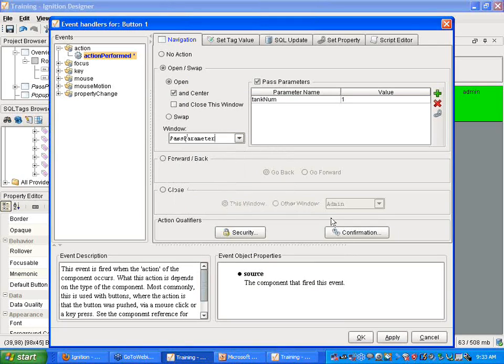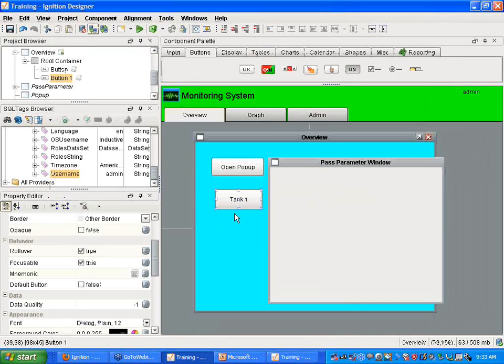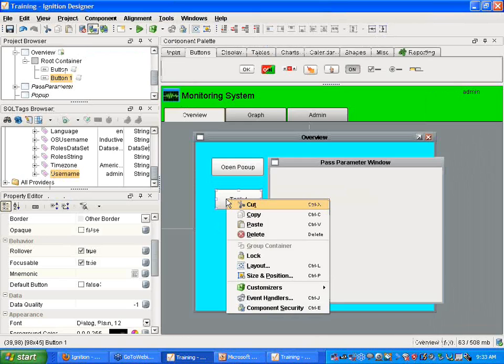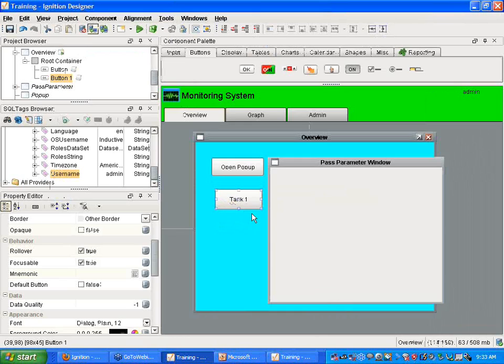It's going to open up the pass parameter window, pass a value to a variable called tank num. The value is going to be 1. And I can make 5 of these. It's really easy: you can right-click and copy and paste, or you can do Control-D to duplicate the component. We can do it like 5 times